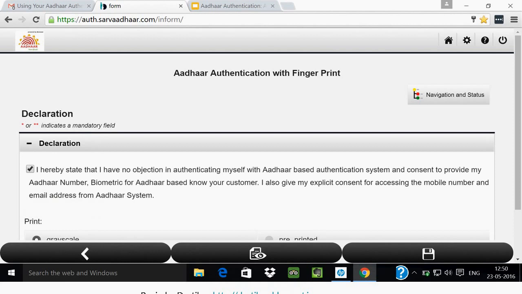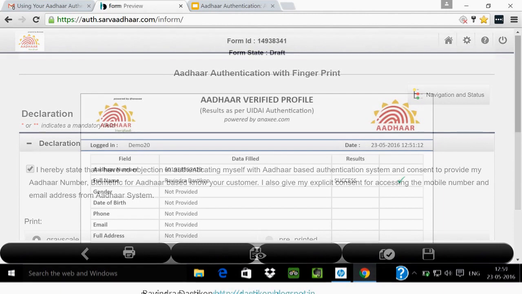As per the norms of the Aadhaar authentication process, it is mandatory to get the consent of a user before sending his data for verification to CIDR. Hence, every request of verification has to seek explicit consent from the user. So this particular page seeks the consent of the user before the data is sent to the verification process.